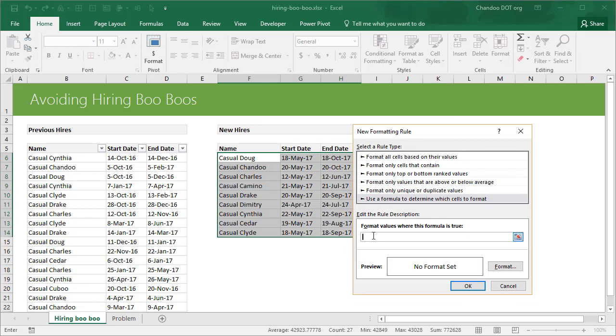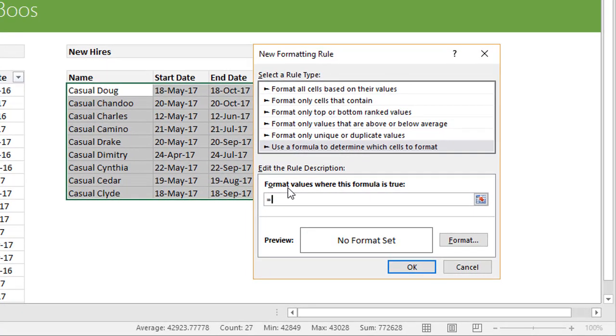So I'll write the formula here. What we want to do is we want to check that this combination of name and start date are matched here, and the start date should be greater than the end dates for all values. So we will say we could use maximum of if